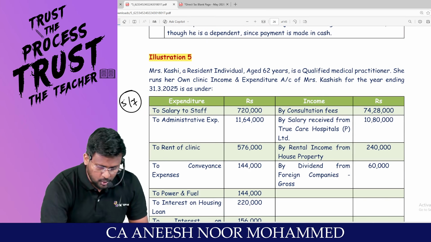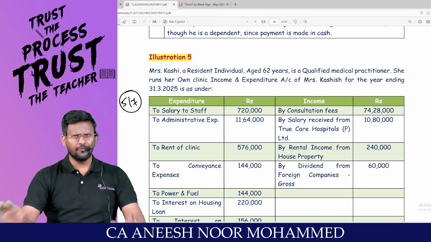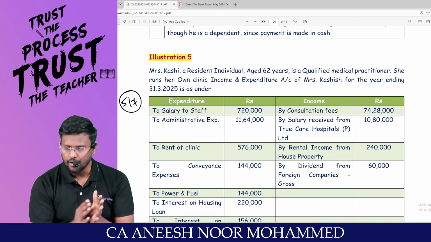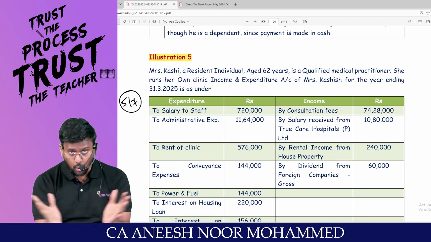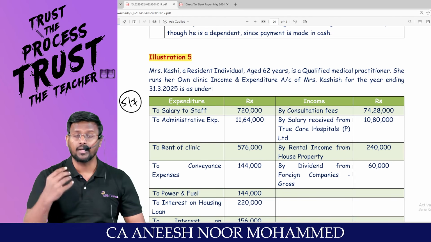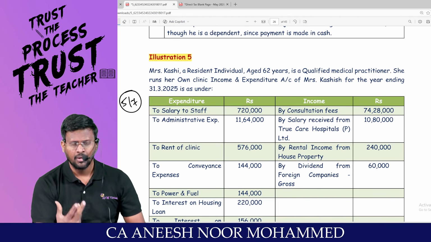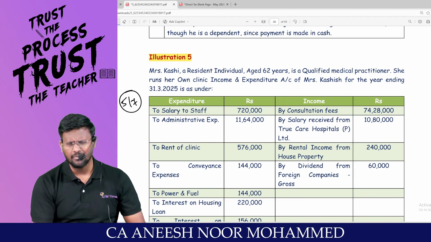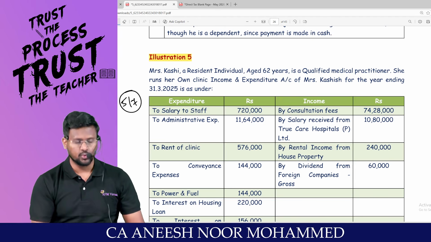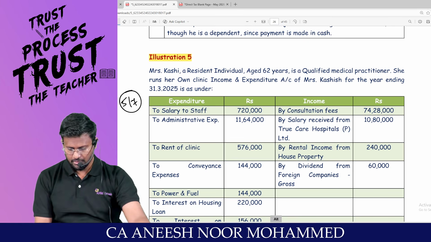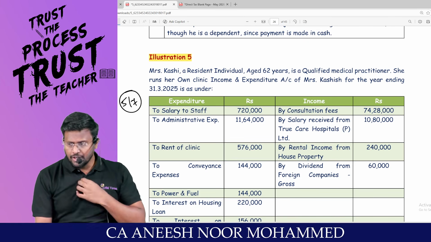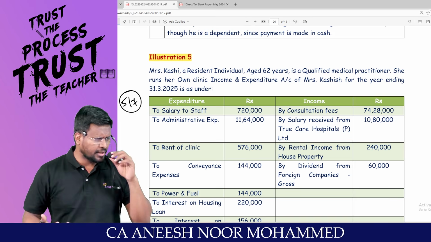Sir, we are going to step into the 5th question. Before I step into the 5th question, as I said, take a break of 5 to 7 minutes. Just go through the important adjustments and tell me in the comment section what and all were new to you. Come back. We will quickly finish off illustration number 5, sir, and we will proceed to 6 and 7. Yes, sir. I believe that you would have gone through the first 4 questions, different variety questions.